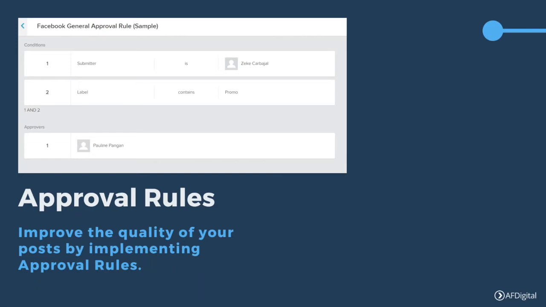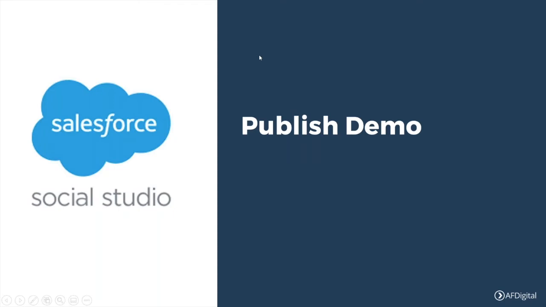So you can have, let's say, up to 3 approvers, and you need only 1 out of 3 approvers to approve that post, and that post will be published. Or you can even have all 3 must approve that particular post in order for it to be scheduled or published. So without further ado, let's go to the actual demo of Publish,